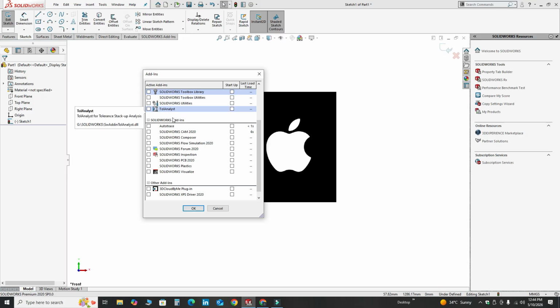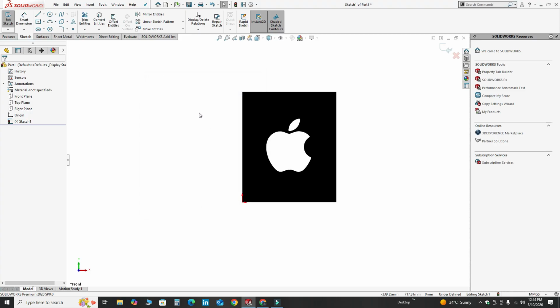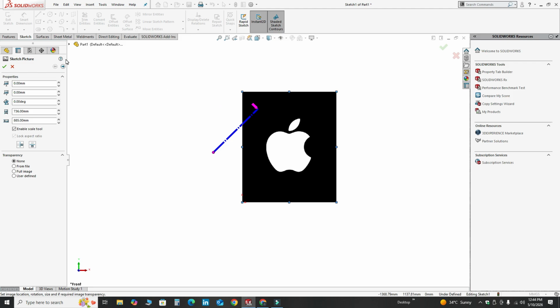Okay, I'm using SolidWorks 2020, but let's say if you are using SolidWorks 2013, so auto trace option is not available. So select this one and OK. And now I will double click this picture, and here you can see this option has appeared.